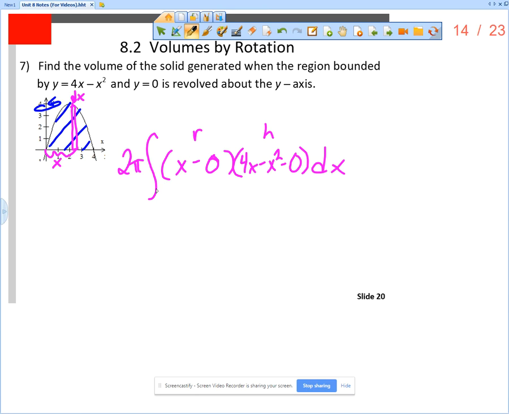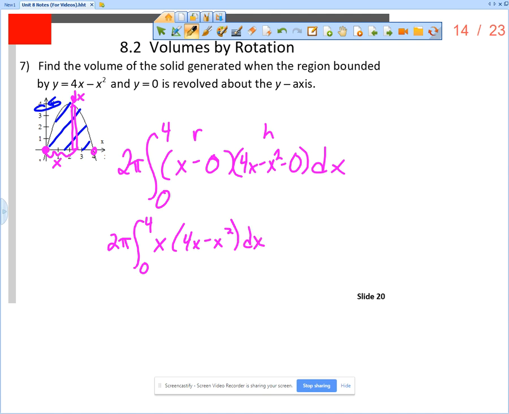All right, and now we're going to integrate from what to what? Well, from left, which is 0, to right, which is 4, right? So this would be the volume generated by revolving that region around the y-axis. Now this one would obviously be easy enough to carry out, but we would simplify a little bit. 2 pi times the integral from 0 to 4 of x times 4x minus x squared dx,